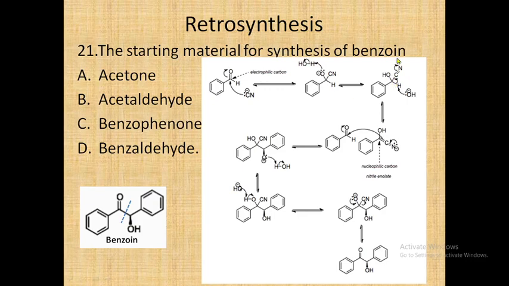That's why this carbon should be positively charged, but due to that, this hydrogen becomes more acidic, and a base can easily abstract that proton, and that carbon will have a negative charge, which is just the opposite of the natural polarity, and this is known as umpolung. Then the further mechanism follows, and finally you get benzoin. You can pause the video and see that mechanism. So the correct answer will be D.